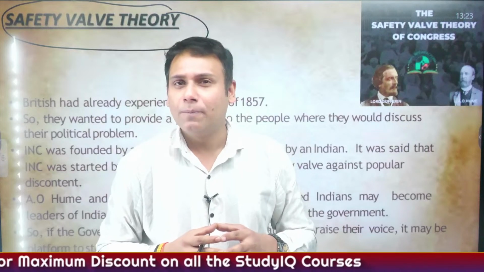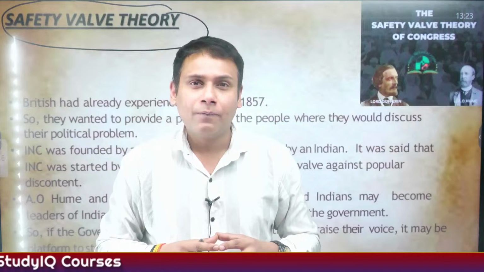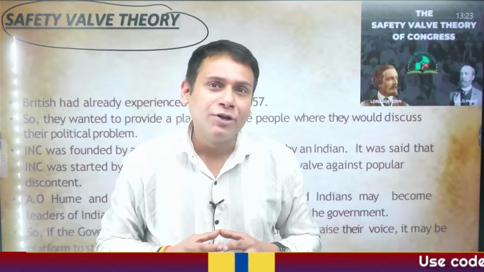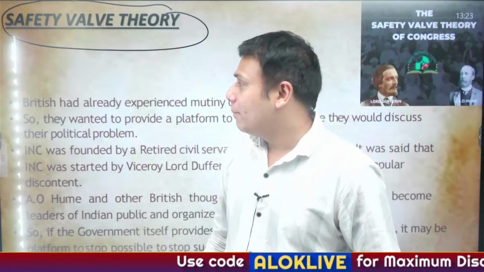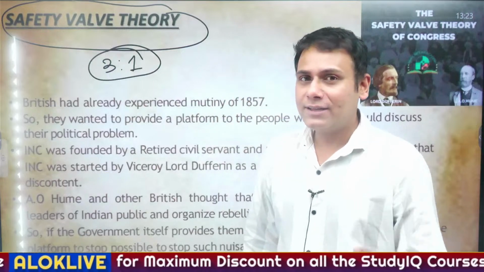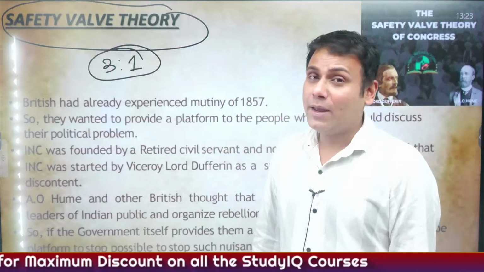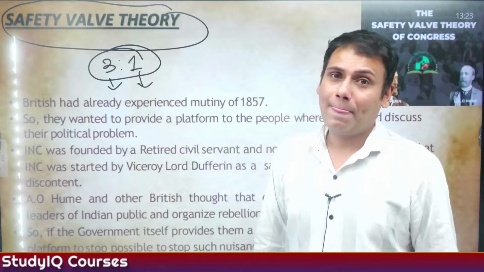What did the Britishers do? At that time, they came up with army reorganization. They appointed one commission referred to as the Peel Commission. As per the Peel Commission, the ratio of the members was 3:1. For example, in the British Indian Army, for every 3 Indian soldiers, there would be 1 European officer.